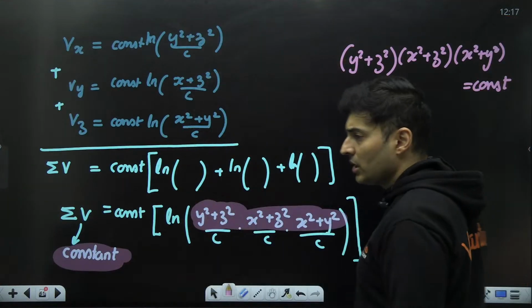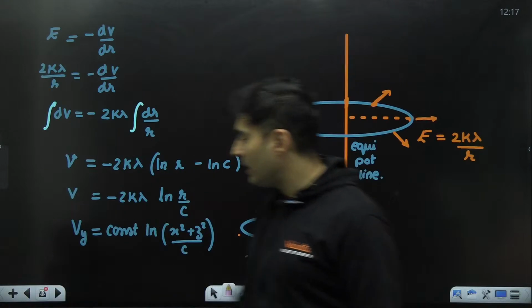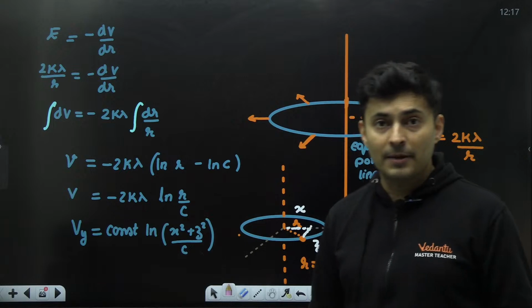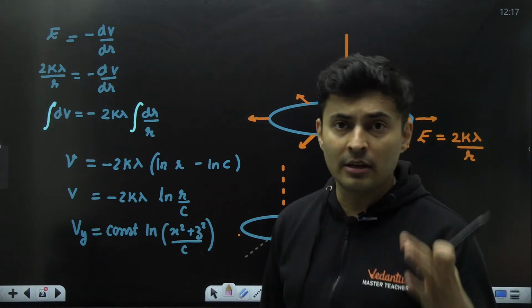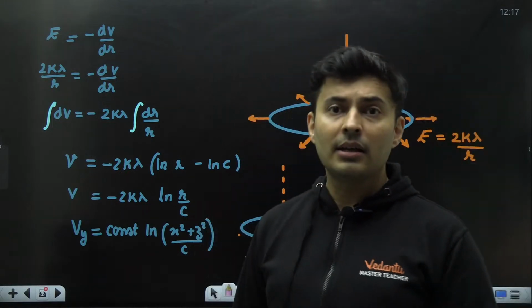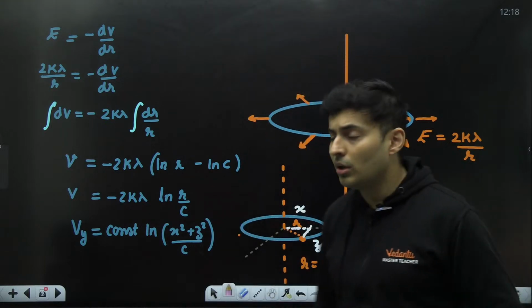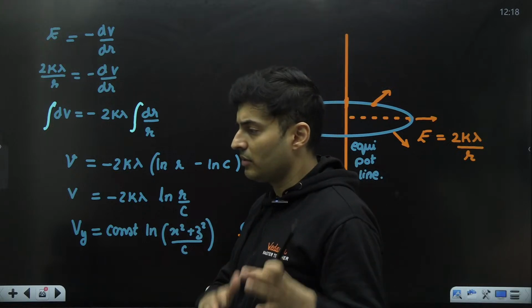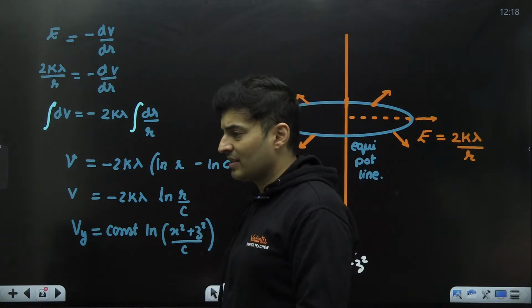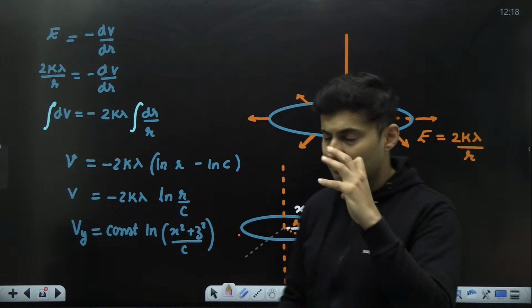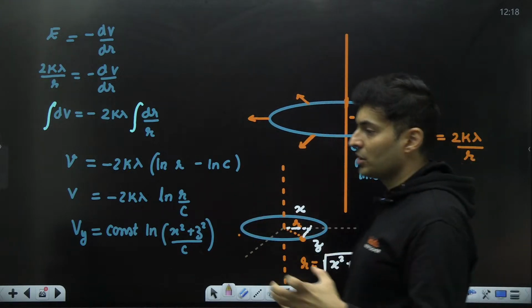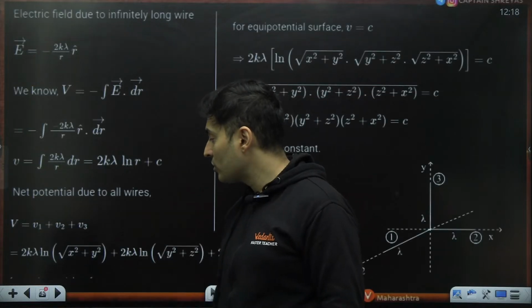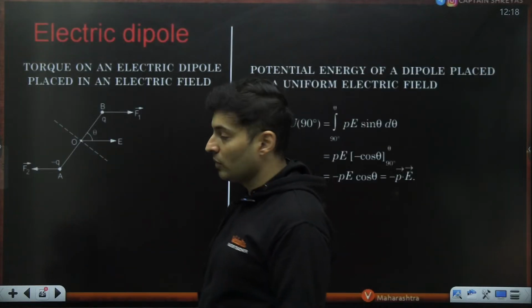It's a brilliant question on how mathematical JEE Mains can get. This is also a good example to show mathematics can be involved to a great degree in physics. And you should not expect that they are two distinct things, that mathematics will be only there in maths and physics will have only physics formulas or concepts. No, statement based, nothing like that. They can complicate the question and give it to you. So this was a good question. Those of you who were able to solve this at that moment, really hats off to you.